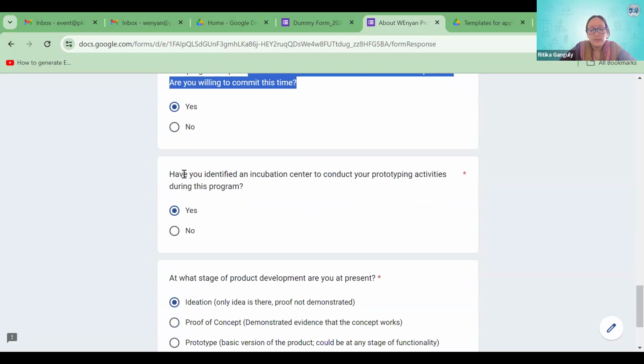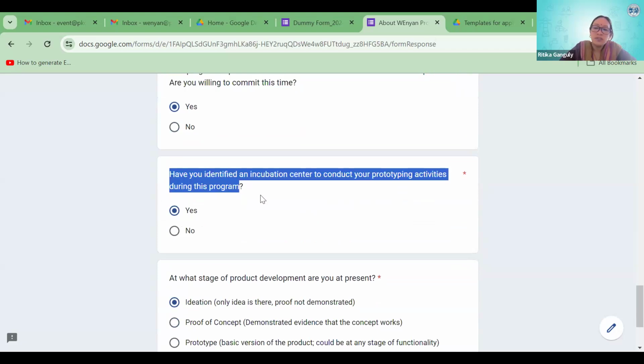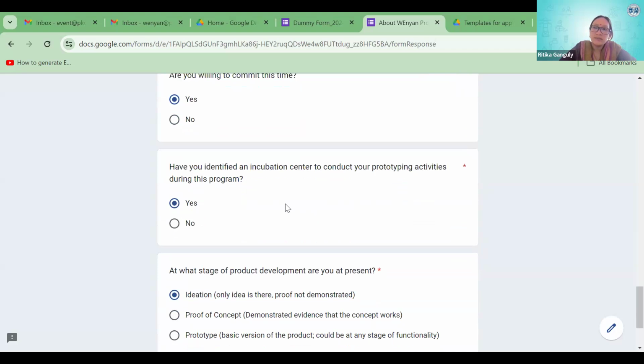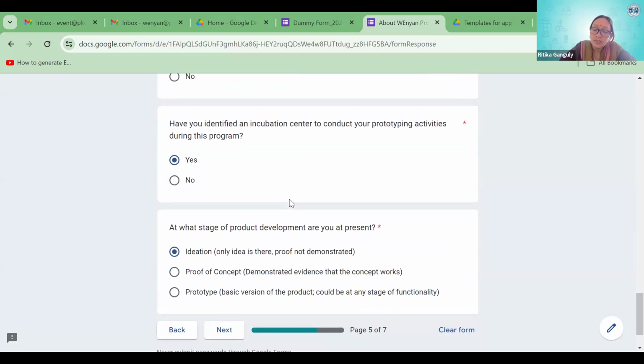Then, have you identified an incubation center? An incubation center is a place that lends you space and equipment if you don't have one of your own. If you do not have a laboratory in a college or a research institution under a PI that is ready to host you, you can also hire a place called an incubation center. And if you need one but do not have one identified, then you have to let us know by saying no